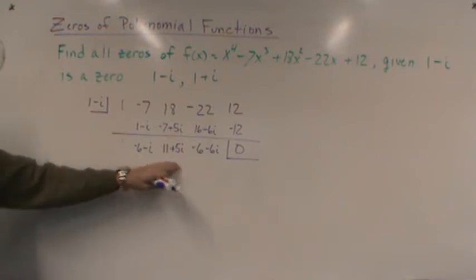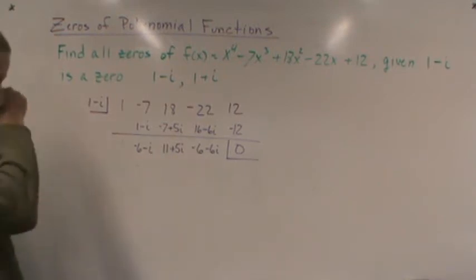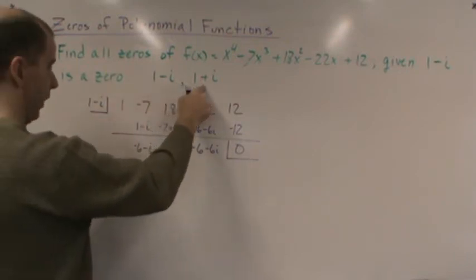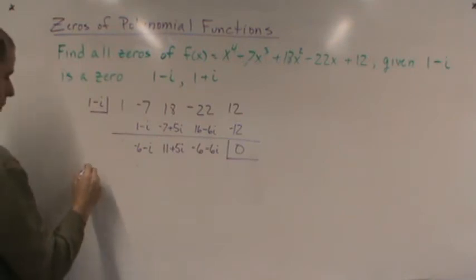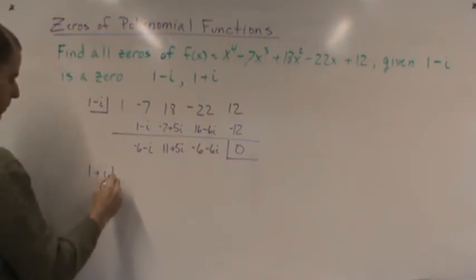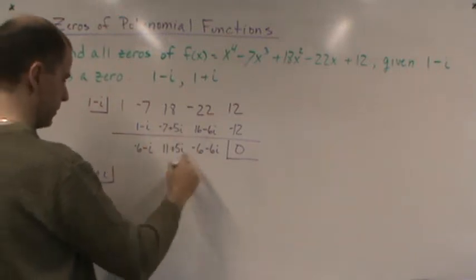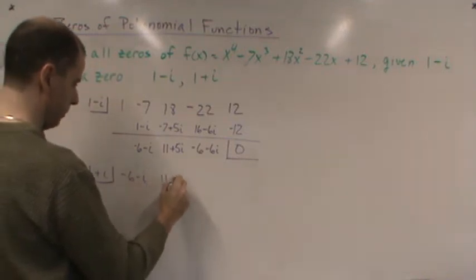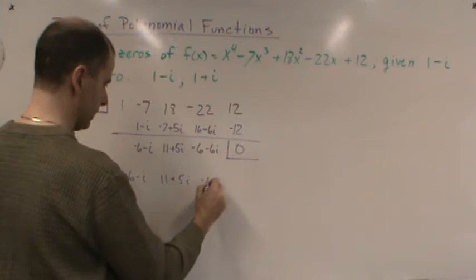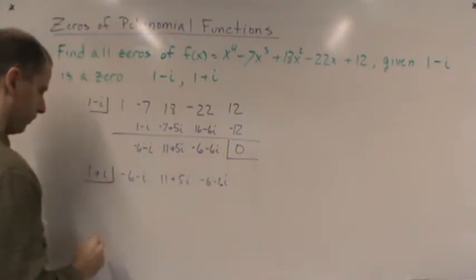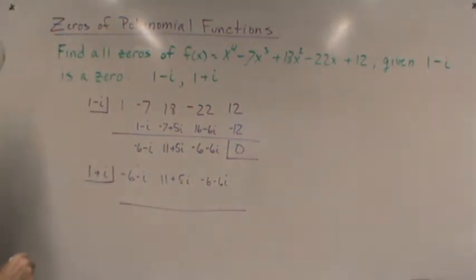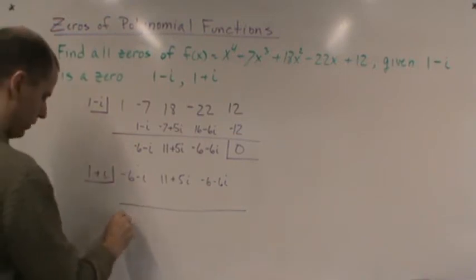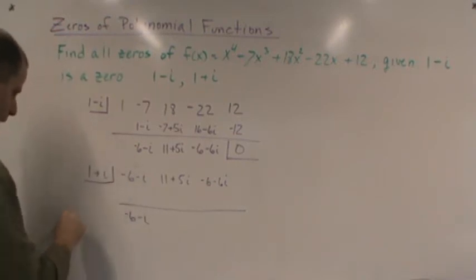I have my polynomial, the coefficients of my polynomial. Okay, so now I'm going to use this one. So now I'm going to use i, or 1 plus i. And now I'm going to write these down as my coefficients. So it's going to be negative 6 minus i, 11 plus 5i, and minus 6 minus 6i. And so now I'm going to see what I get from here. Okay, so now I'm going to drop down negative 6 minus i, and now I'm going to do my scratch